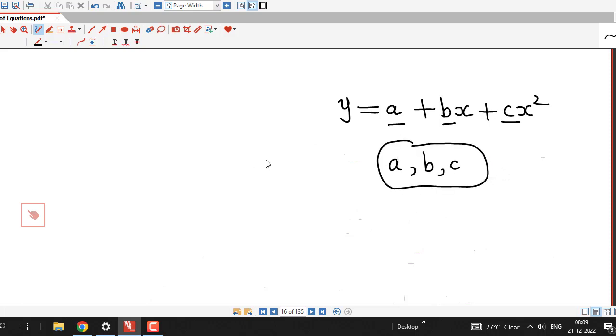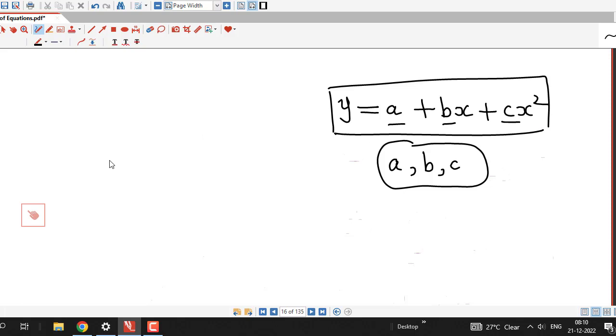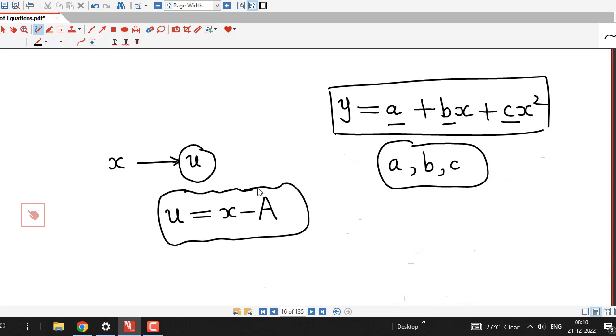Now in this lecture we are not going to use this form of the second degree parabola. Instead of this we will change our independent variable from x to a new independent variable, say u, by the change of origin. We can consider u equal to x minus some arbitrary number, say capital A. So what is the purpose of doing this type of change of independent variable? Sometimes if we consider this type of change of origin or transformation, then our calculations will be minimized. So instead of using x as independent variable, we will consider u as independent variable,